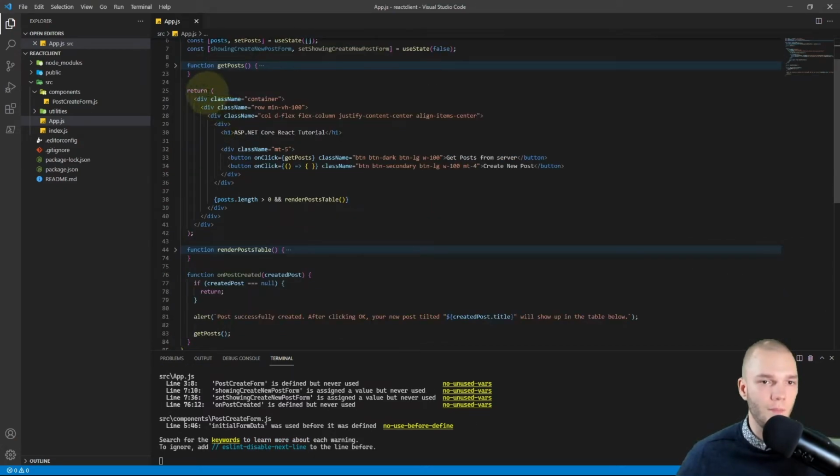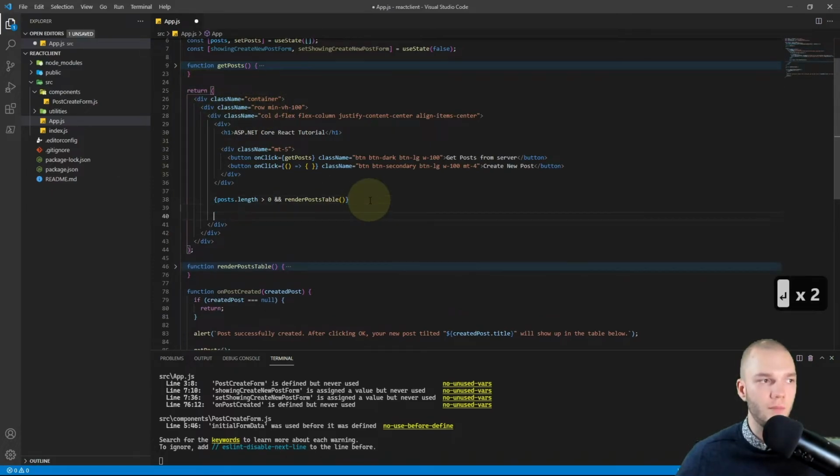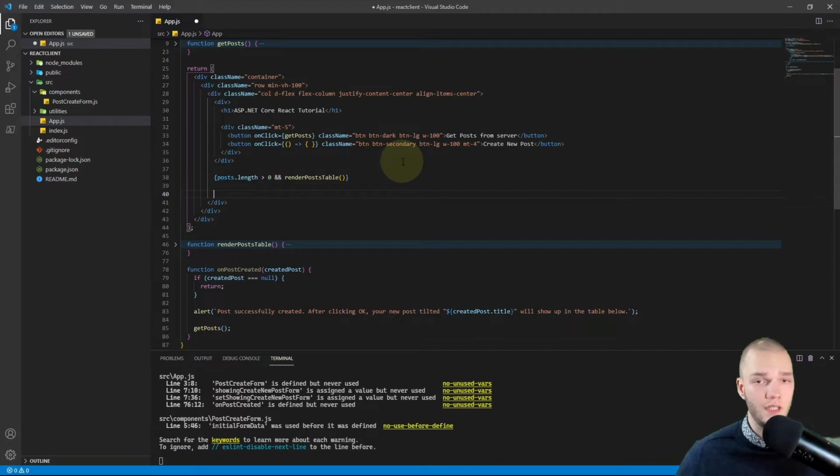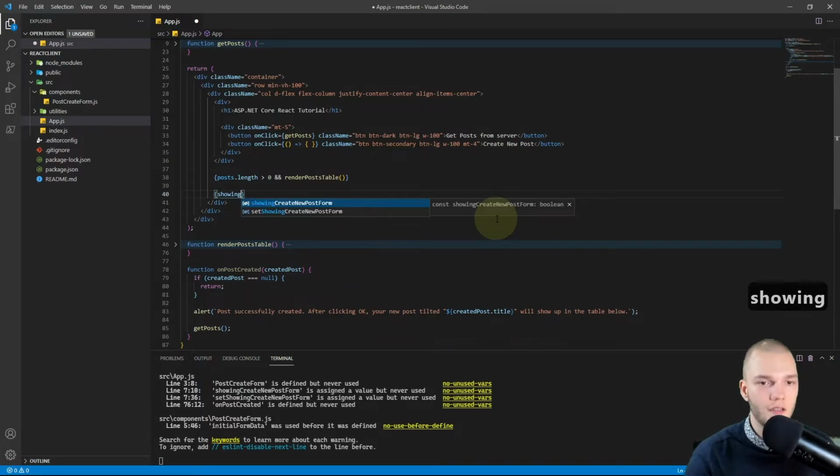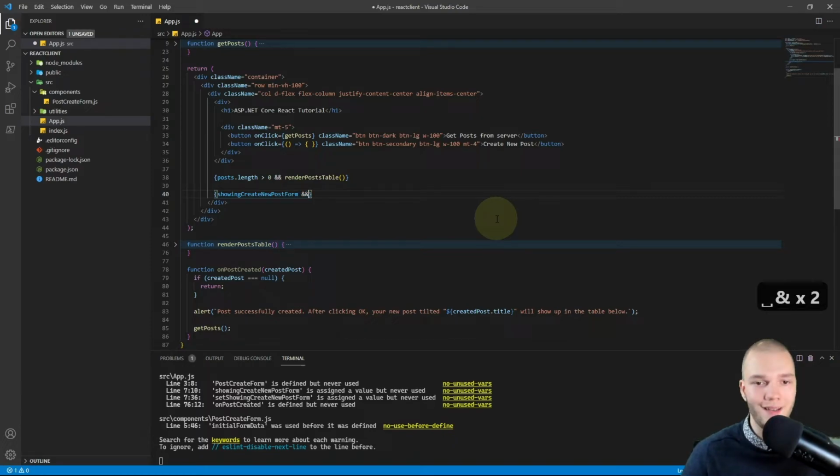want to go to our main return statement, and below the render posts table we'll use a logical AND operator to conditionally display the form like this one here. So just add curly braces and check showingCreateNewPostForm, and I'll do and.